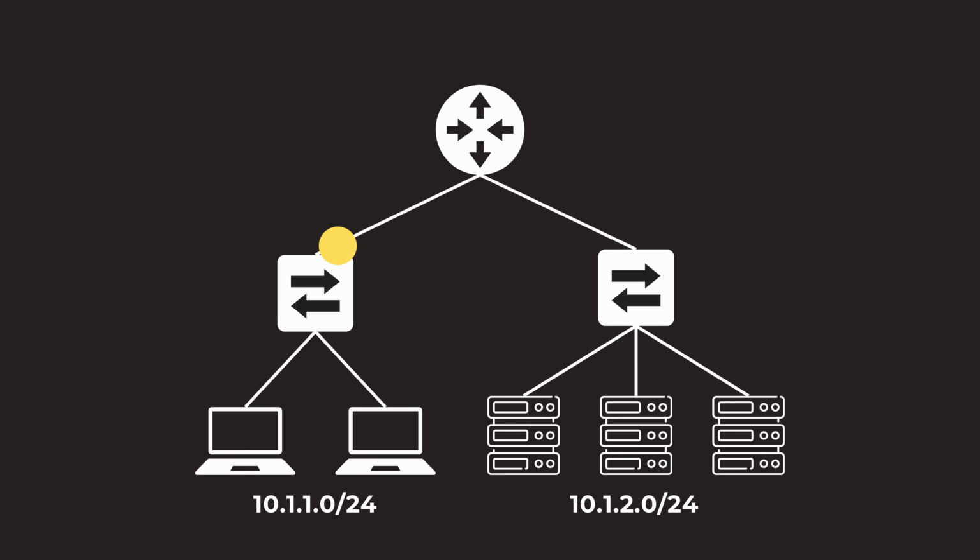Connecting to different subnets requires a default gateway, which is the first hop of every network. But in simple networks, the default gateway IP can only be configured on one device. Good thing there are first hop redundancy protocols, which enable automatic failover of the default gateway IP address to another device. And in this video, we will discuss Cisco's version, which is Hot Standby Routing Protocol, also known as HSRP.